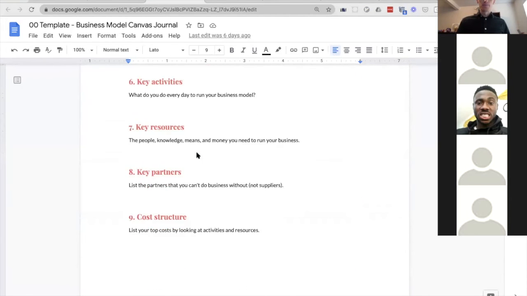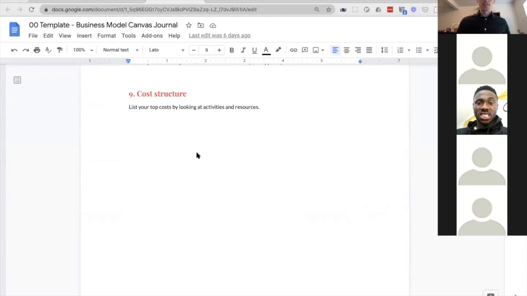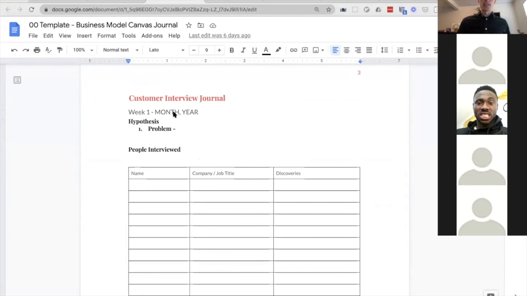And so for next week, just fill out these first 9 sections and then start brainstorming who you can be reaching out to. How are you going to meet your target customers and talk to them? This is per team. So you're working on one business together, and so you want to do this together as a team.